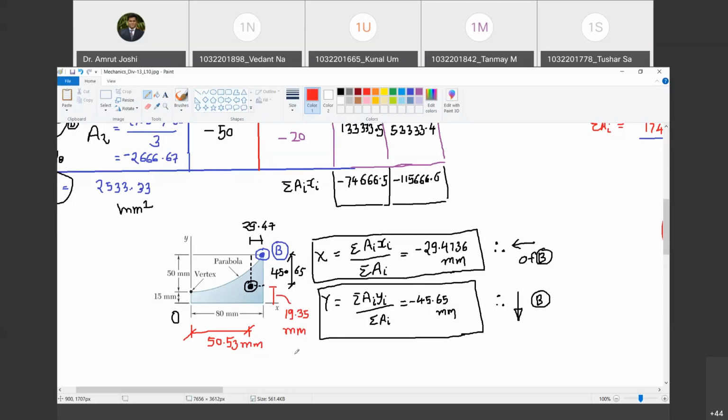So tell me, were these the answers you got, those who solved the problem yesterday? No sir. Then what answers did you get? I got x as 16.27 and y as 6.22. No, that's clearly wrong. X cannot be 16.7. That means your centroid is close to this edge. It is not possible. Area is concentrated here, right? Yes sir, that's why I was asking.